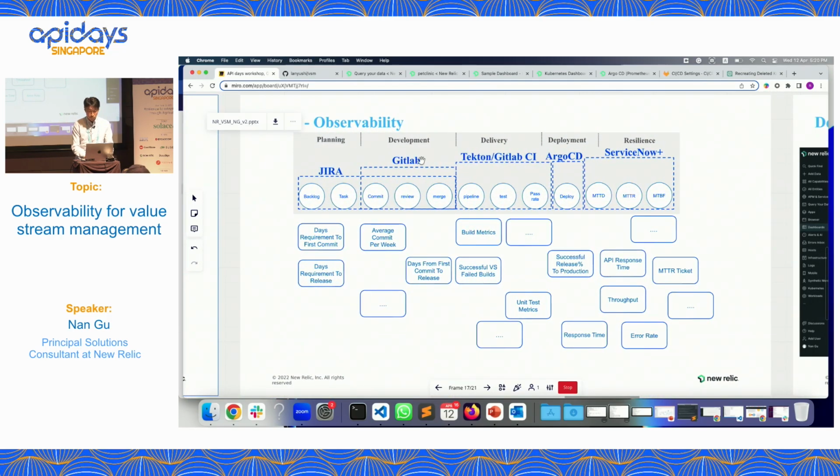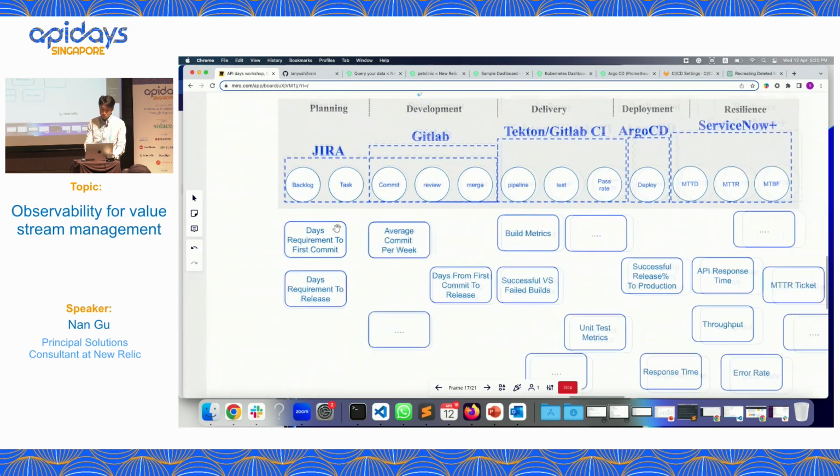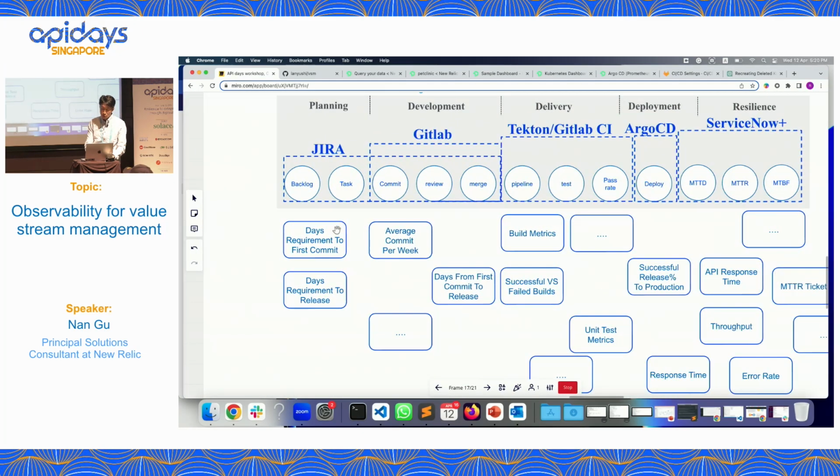So here, once we integrate everything and collect the data into one observability platform, we build all the dashboards. See the dashboard here, where we measure with the dev team, hey, from requirement to first commit, how long does it take?